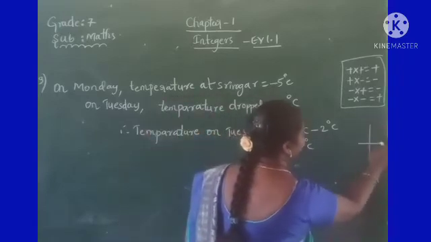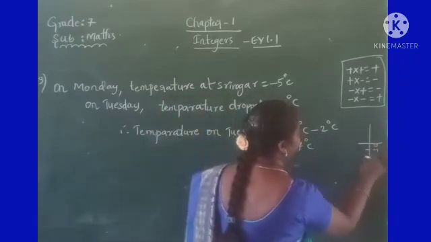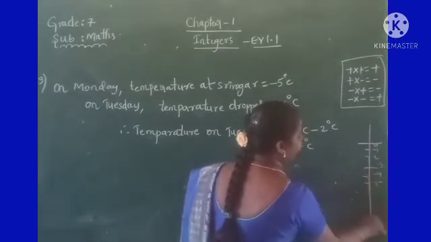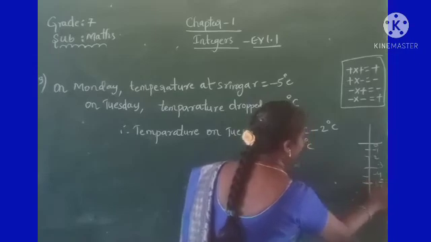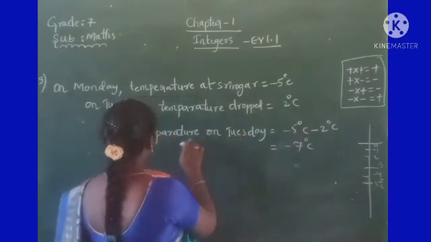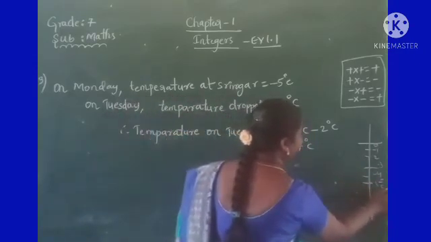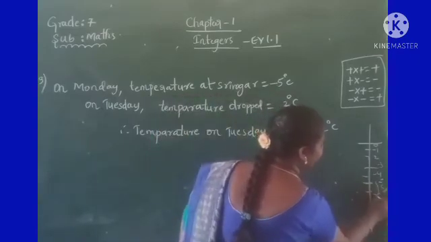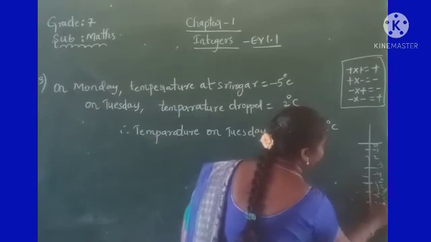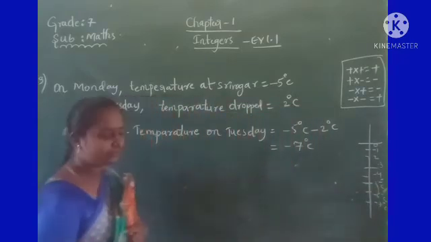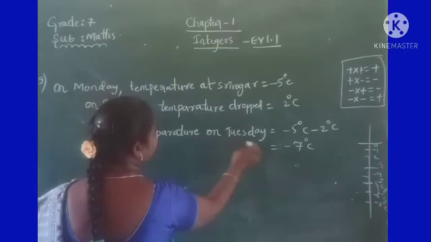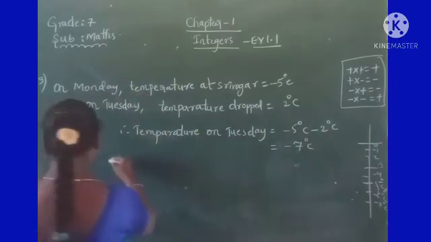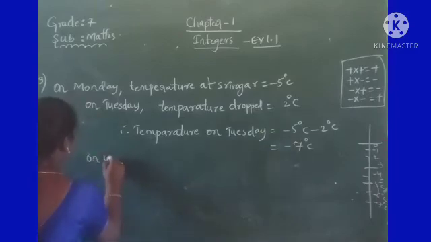For example, here 0, there minus 1, minus 2, minus 3, minus 4, minus 5. Now the temperature on Monday is minus 5 degrees Celsius. A 2 degree drop means it will come down, that is minus 7 degrees Celsius. So what was the temperature on Tuesday? Minus 7 degrees Celsius. Again on Wednesday,